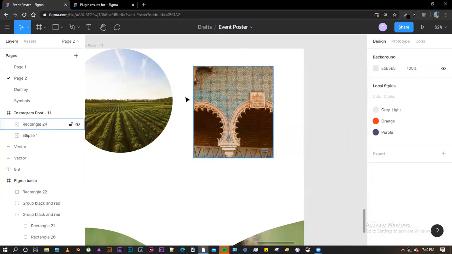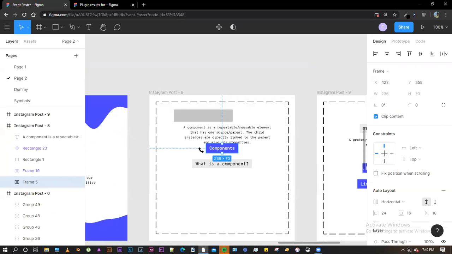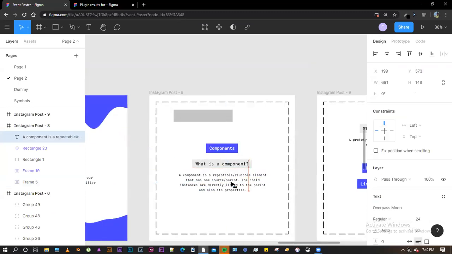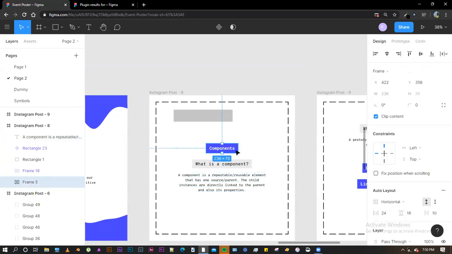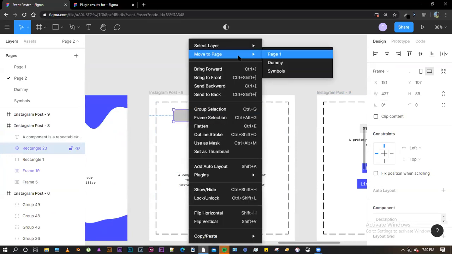Welcome. So now, as I was talking about, components are repeatable elements that you can use throughout the project. In every app that you see, buttons are components, and they are used heavily across the app. If I have created a component out of this, the convention says that there should be a separate page for components, which I have named symbols here. You can also name it components.